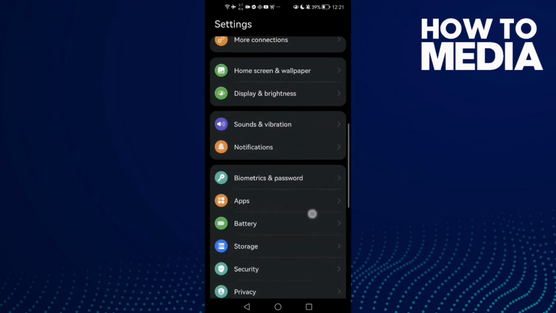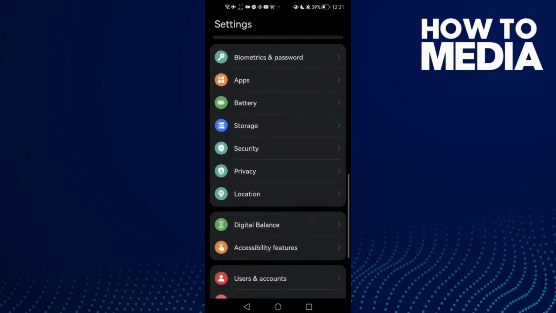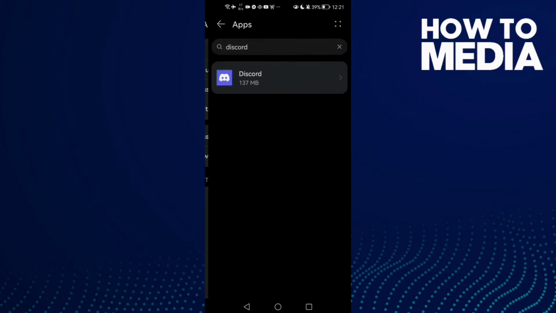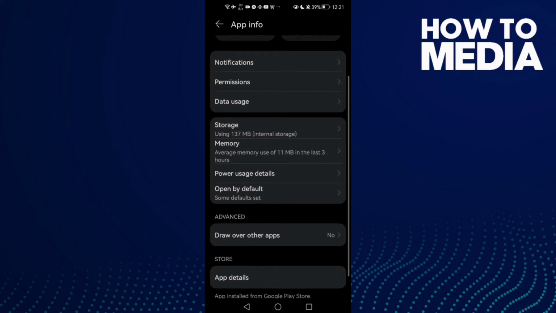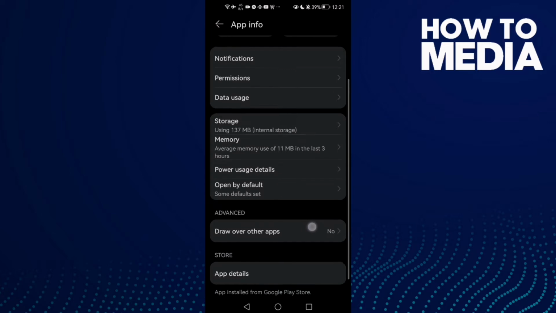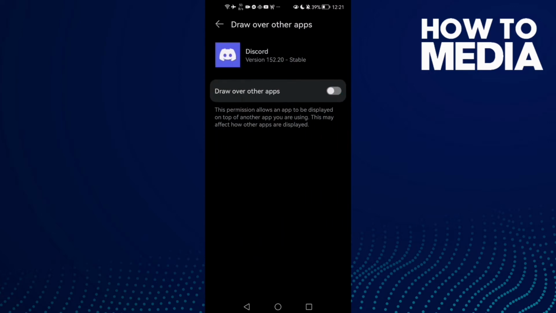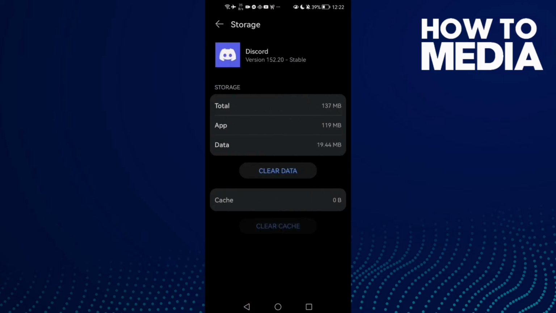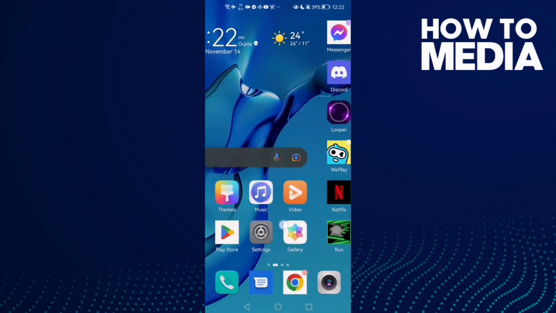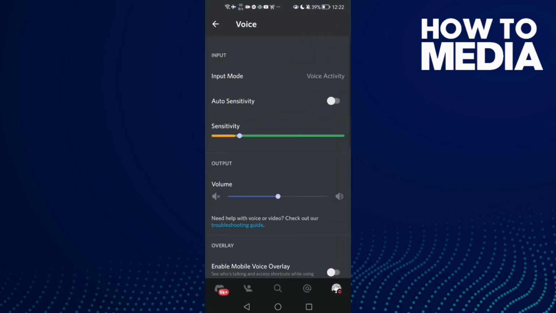First open settings and then scroll down until you find apps, and now click apps again, and here just type Discord and then click on it. And now all you need to do first, just click draw over other apps, click on it and then allow it. And now just go back and click here storage and clear cache,